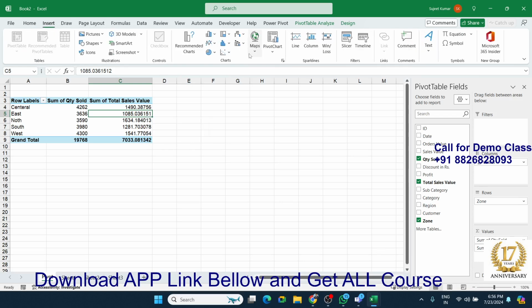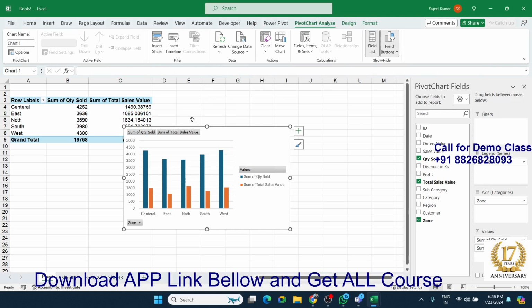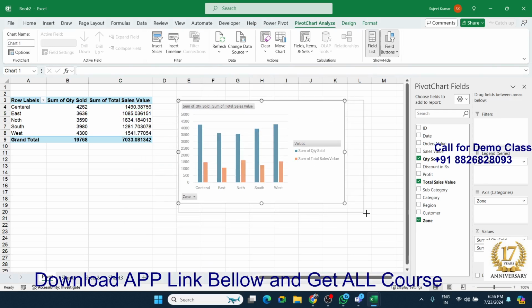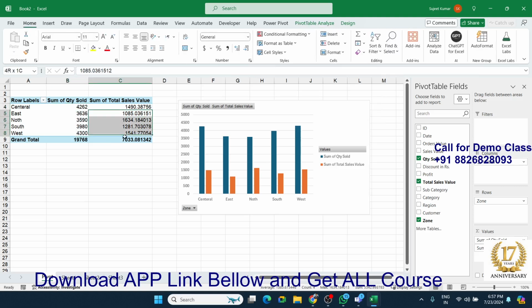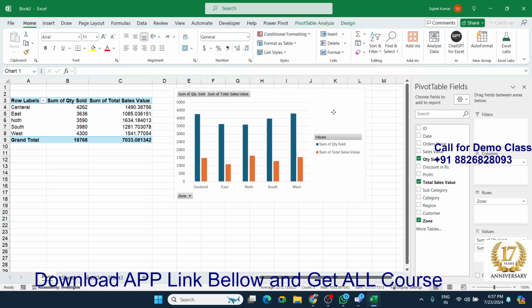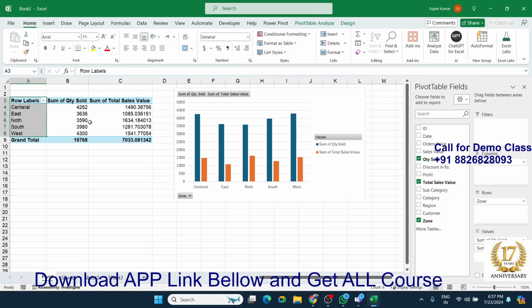But now we have compared this table with the chart. So when we create the chart, there is the comparing. You can see the sales is down and quantity is up. So there is no need to compare sales to quantity, because quantity is a different part and sales is a different part. So I want to make two different charts. First chart, the zone by sold quantity. Second chart, zone by